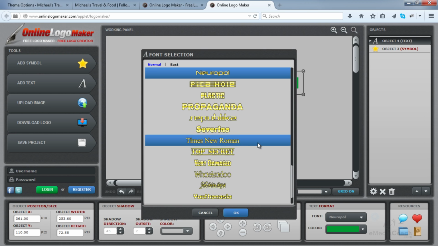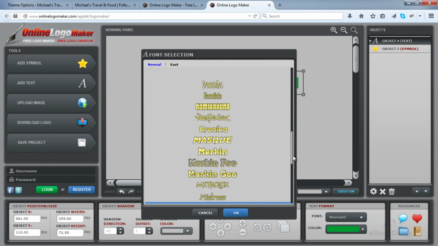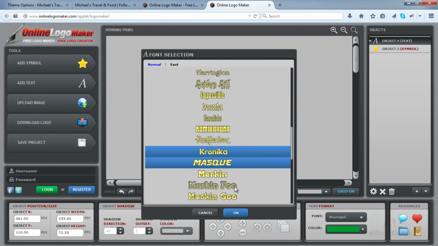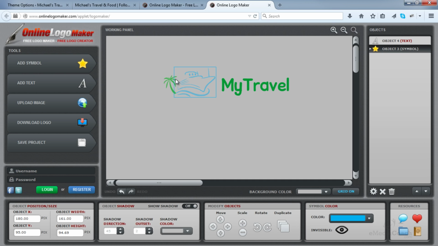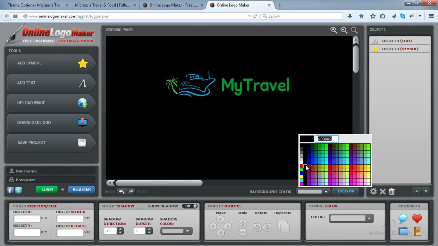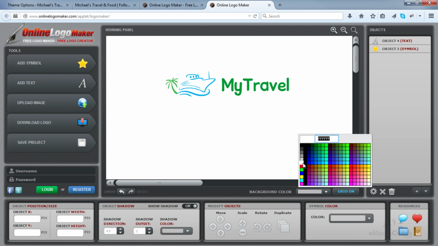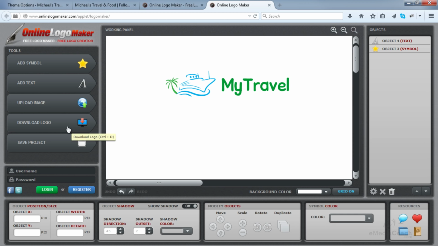And change font. When you are happy with your logo, select white for the background color and download your logo.